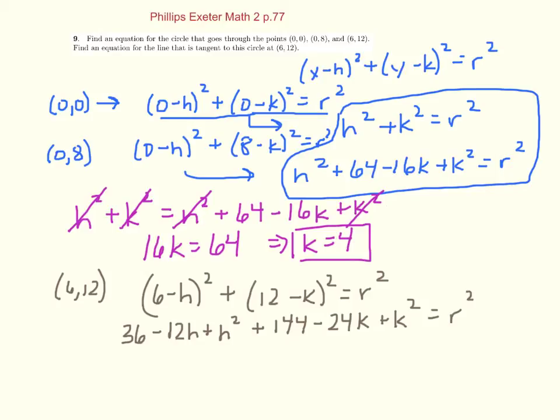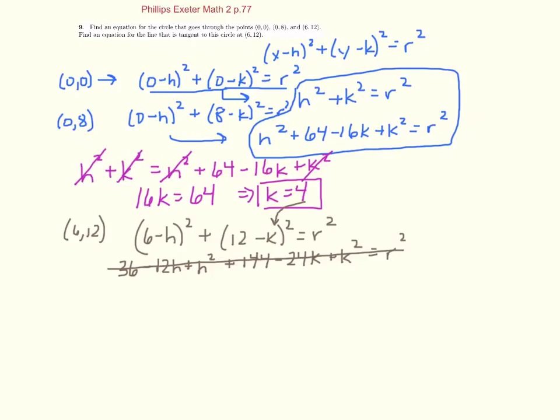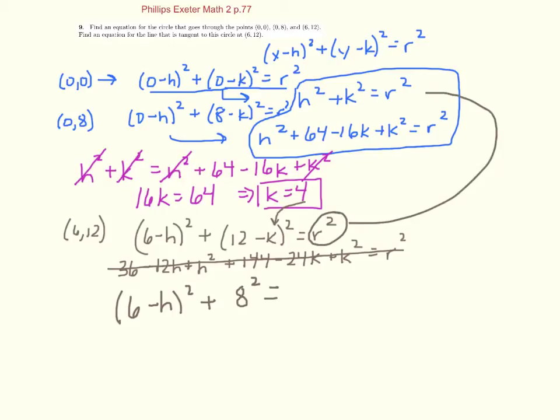Because now that I think about it, I could just sub in the 4 right here. So let me do that. Why did I even use that step? I just did that before, so I figured I had to do it again. Okay, so if I substitute that 4 in here, I would get 6 minus h quantity squared plus, well, 12 minus 4 is 8. So 8 squared. And I know that equals, because that equals r squared, I can go back up here and